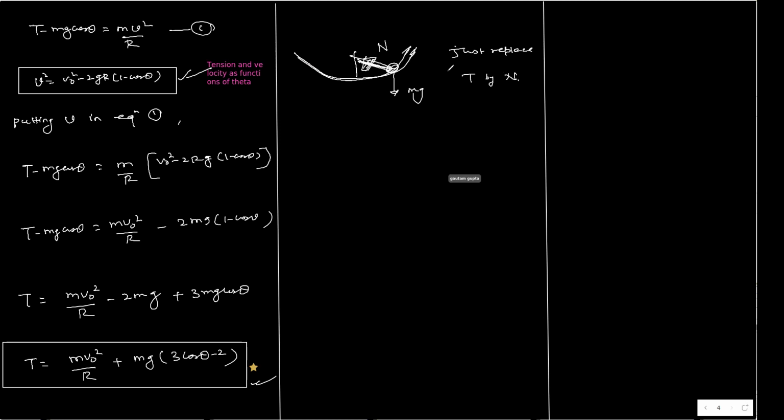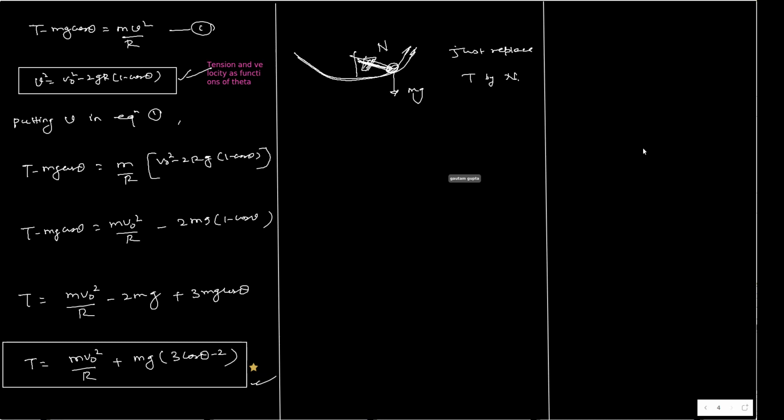So the role of tension is played here by the normal reaction. The relations will be the same, only you have to replace tension by N, because the work done by the normal reaction is also 0. For every small displacement, the normal and displacement will be perpendicular to each other. So all the small works done by the normal reaction will vanish, similar to what was happening with the tension. Is that clear? So you will get the same relationship.